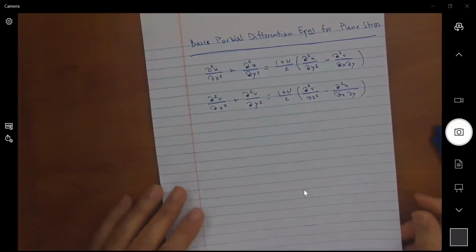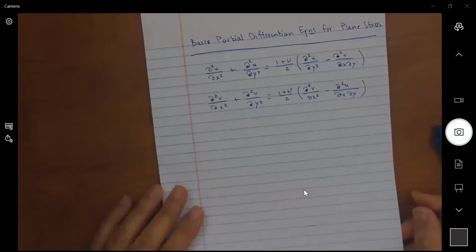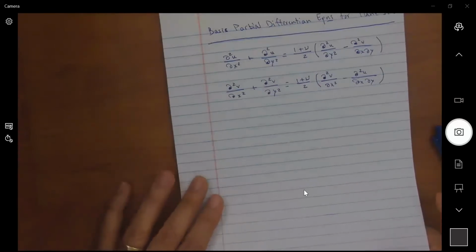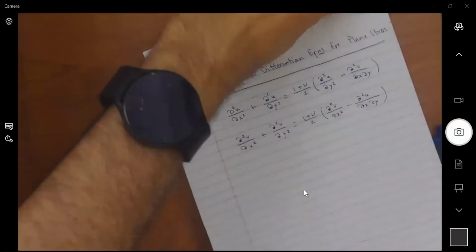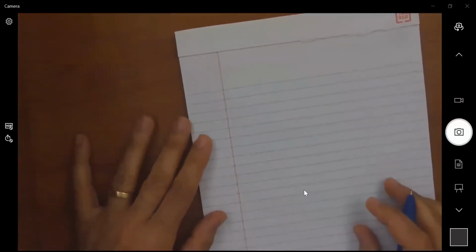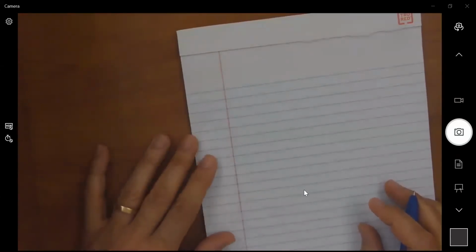So this covers the needed background from theory of elasticity for plane stress, plane strain, and the stress-strain relationships that we are going to need as we derive the plane stress element equations. So we're going to get started. I think we're probably going to take more than one session to derive these equations, but let's get started, and we are going to follow the same